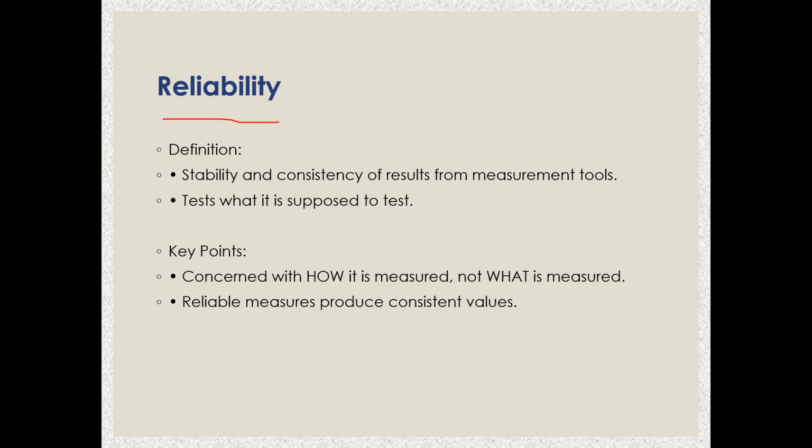Okay, you have a standard to make a judgment. Okay, and under reliability, we have 2 key points. Okay, the first one is the concern with how it is measured, not what is measured. Okay, the second one is reliable measures produce consistent values, like people, like your girlfriend, like your boyfriend. Okay, they produce consistent values. Okay, people need a value in life. Okay, otherwise they will lose their interest to live in life. Okay,